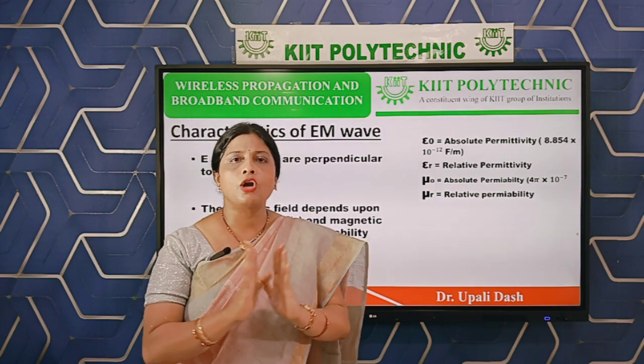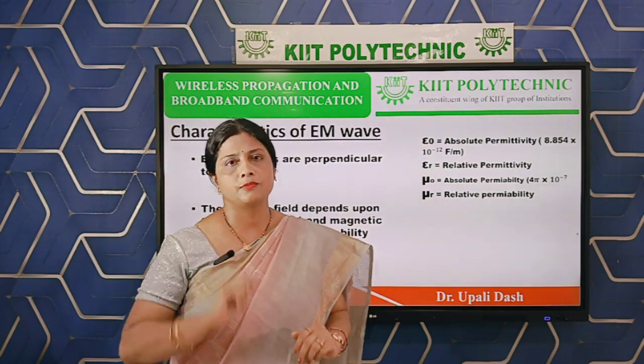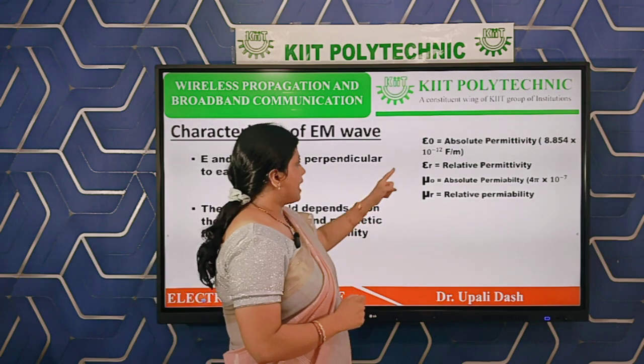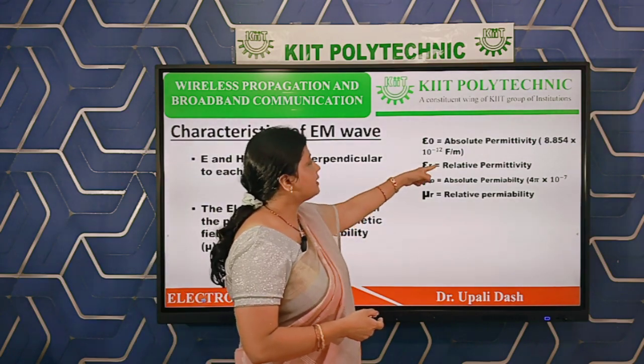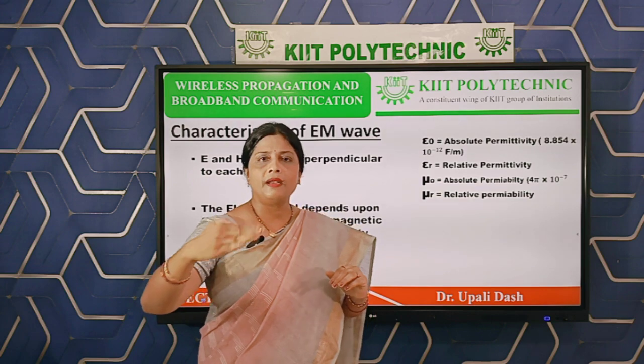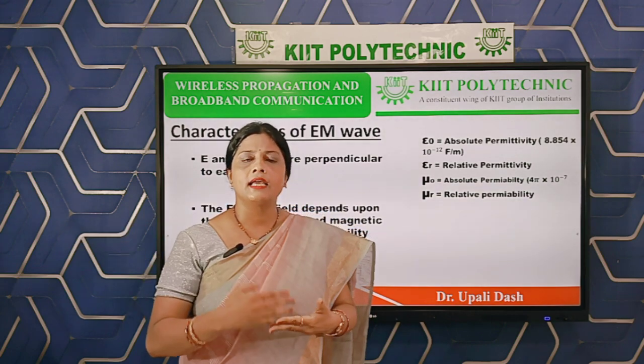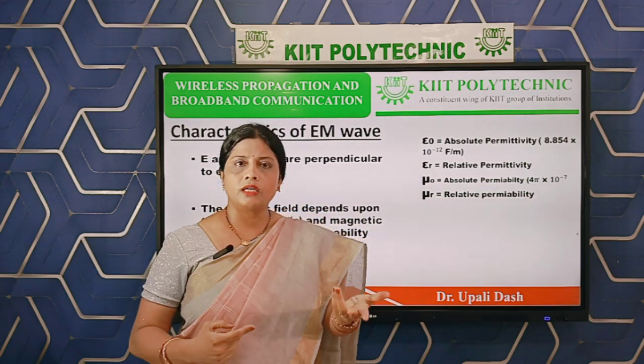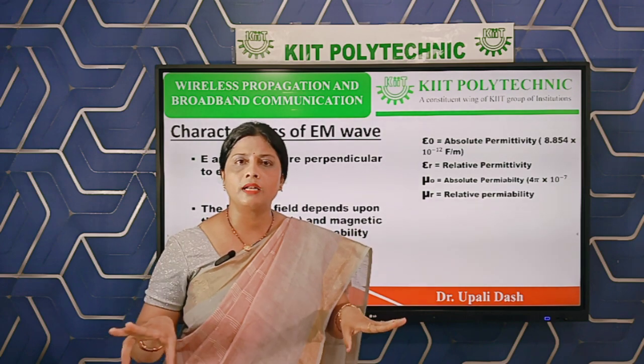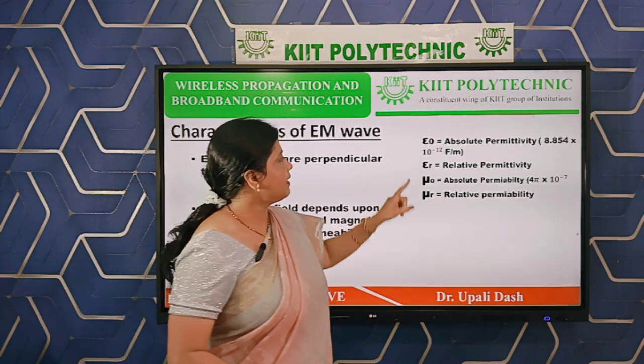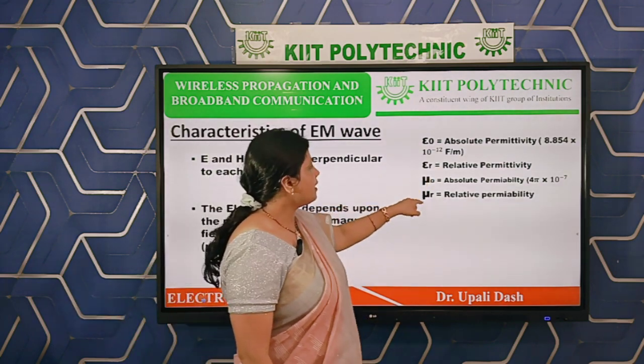Its value is not going to change at all under any circumstances. And as I told, epsilon r is the relative permittivity, which is variable. For every medium it goes on changing. If it is air, then maybe 1. If it is water, then maybe 2. If it is paper, again some other value. So its value goes on changing. Similarly,